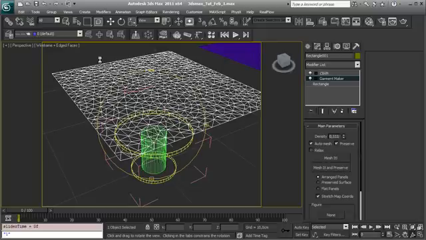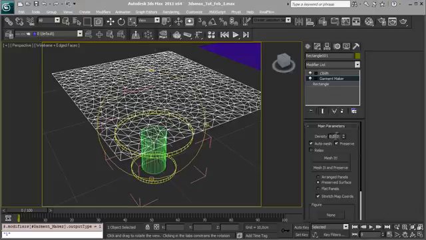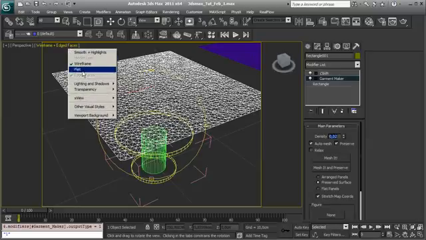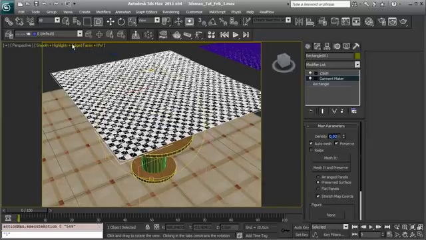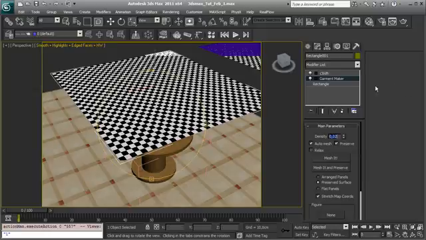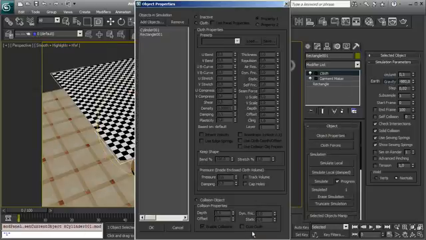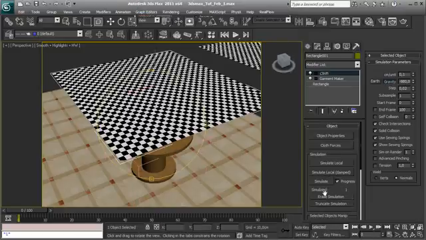Let's try with 0.02. And you see that we have more detail. Let's go in smooth. And let's remove the edges faces, and let's try to simulate